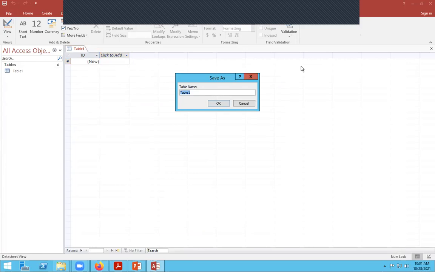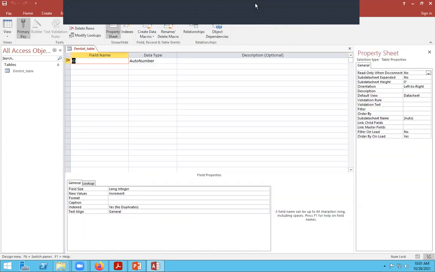It wants to know what the table name is going to be called. I'm creating a database for hospital patients. Actually, let's make a database for a dentist. So I'm going to call it dentist table. Here I am now. Now, I'm going to basically create this for,